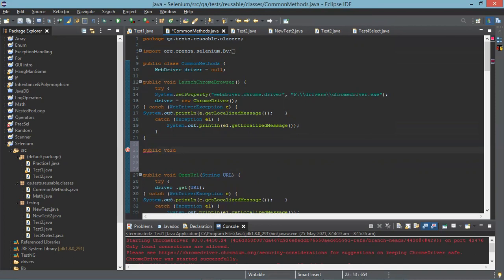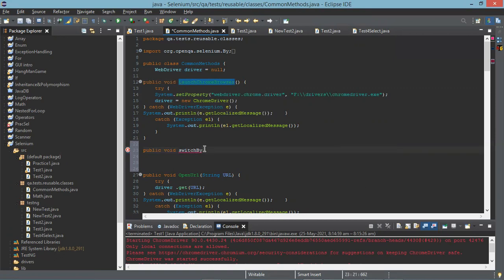Public void. What is the method name? Select by index using ID. No, it is switch, right? For switching, okay. Switch by ID. Switch, S is small. Sorry. Yes, S is small, but we use capital in this. Why is that? Not an issue, we'll be changing it later, right? The naming convention. Okay.